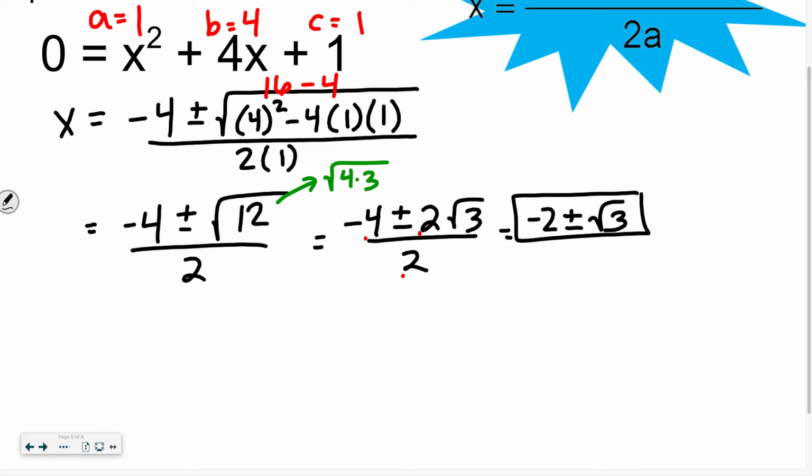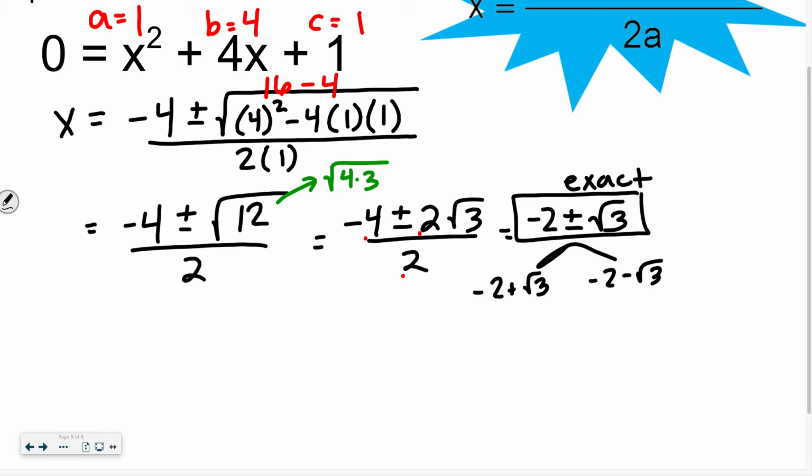So remember, think about how many and what type of solution you have. If you look back at your discriminant, which was 12, that's telling you have 2 real solutions. Are your solutions actually real? Yes, they are. There's no i here. And we have 2 solutions, negative 2 plus the square root of 3 and negative 2 minus the square root of 3. I'm okay with you writing one answer and leaving it as the exact form,